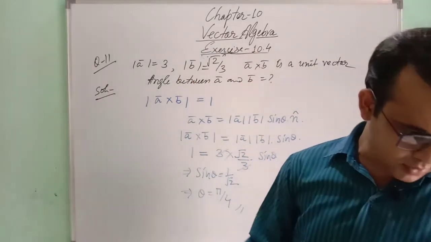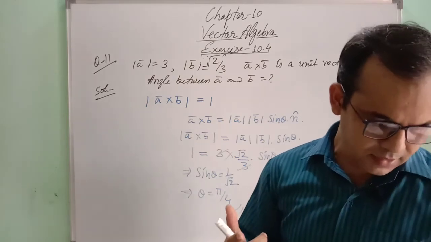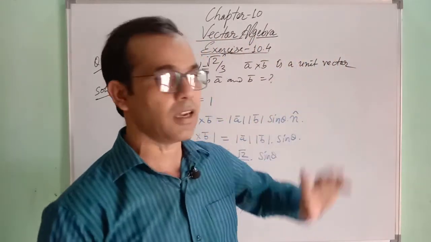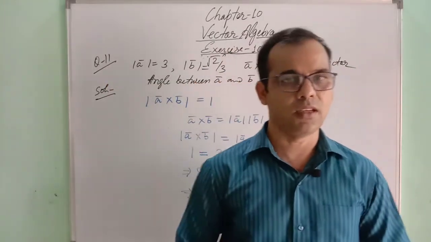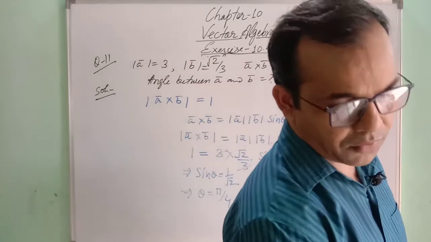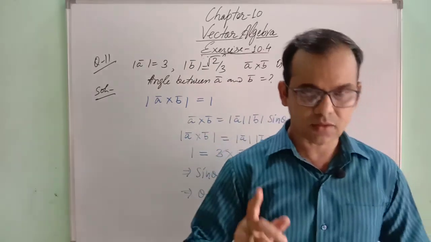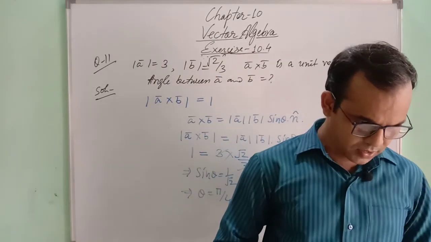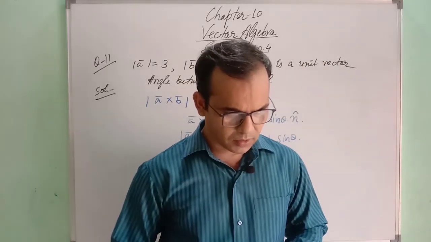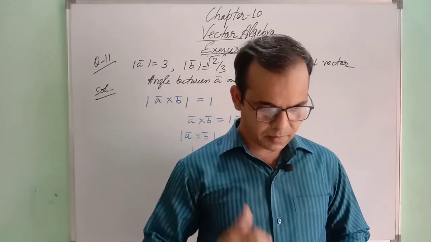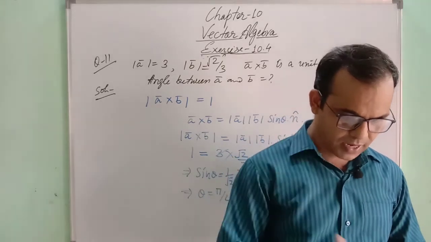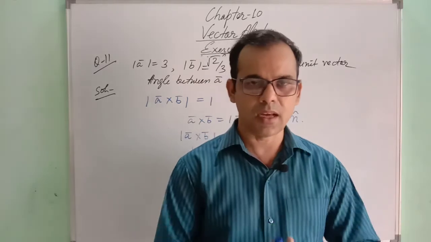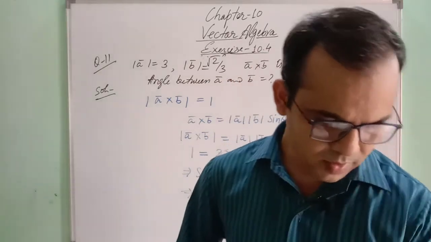Now question number 12 is for you. Area of the rectangle having vertices A, B, C, D as position vectors. In the triangle in the same question, the 3 points were given A, B, C. Then we got the value of AB cross AC. The same way here 4 points are given. So using these points we will get the value. Suppose the 4 points are A, B, C, D. Then we will get the value of AB, we will get the value of AD, then we will get the magnitude of AB vector cross AD vector, and that will be the area of the rectangle. So I think you may try it.